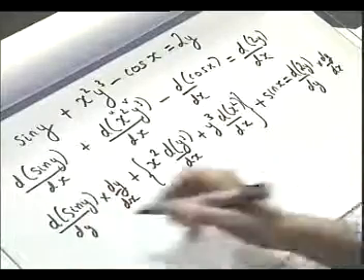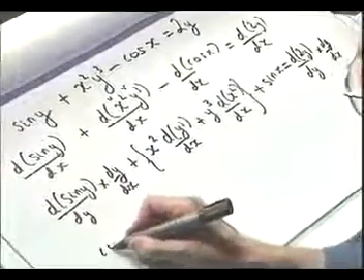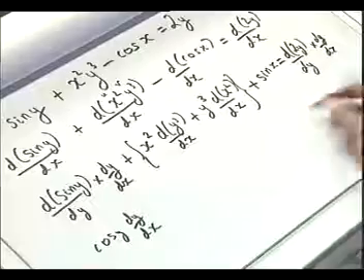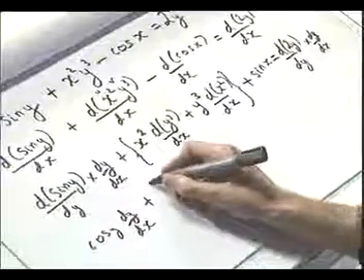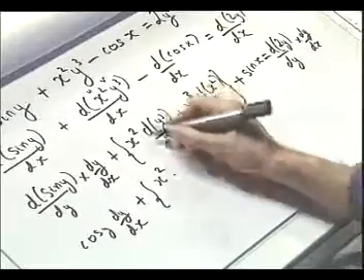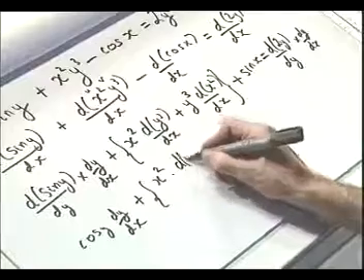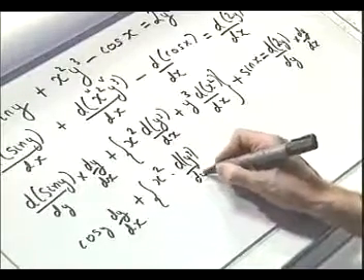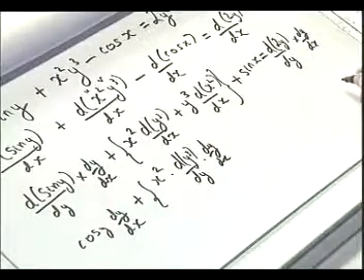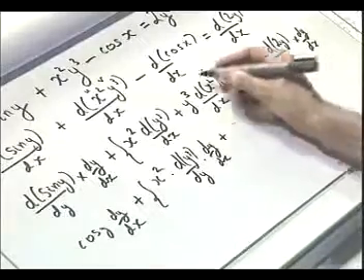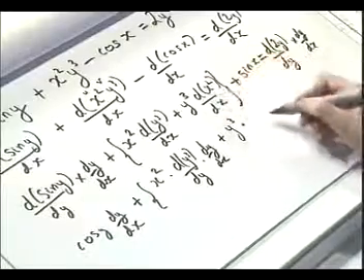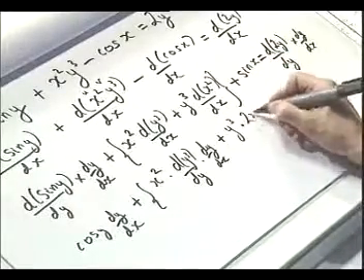So now, the derivative of sine y with respect to y is just cos y dy by dx plus x squared times, now, this will be the derivative of y cubed with respect to y times dy by dx plus this one, y cubed times, now the derivative of x squared with respect to x is just 2x